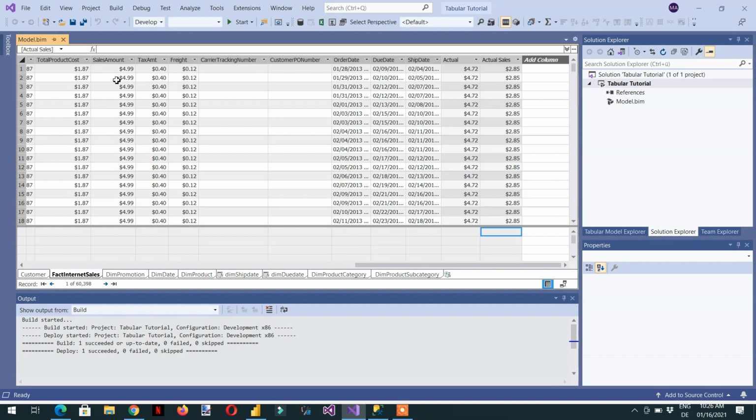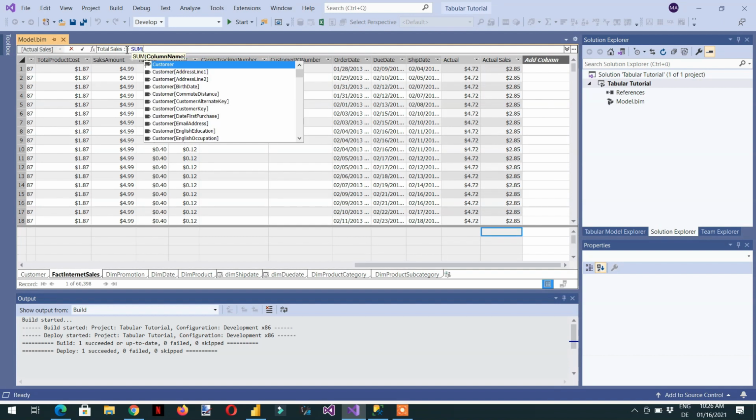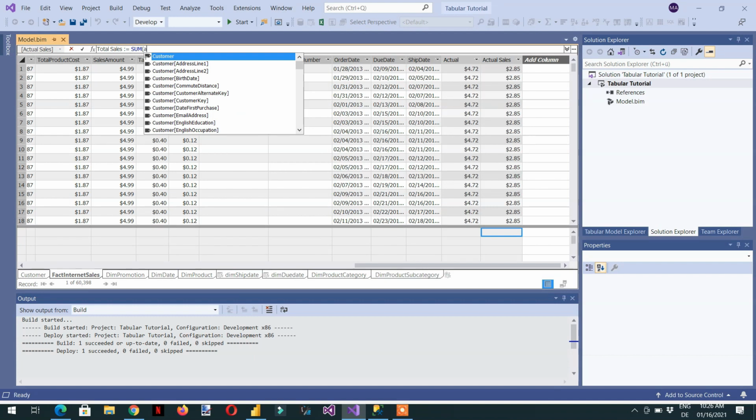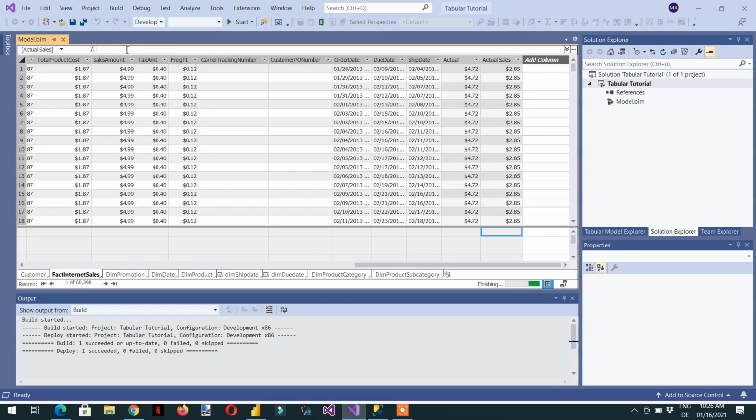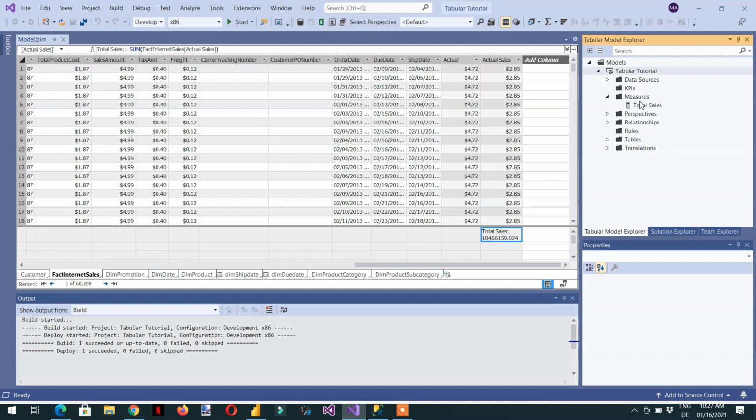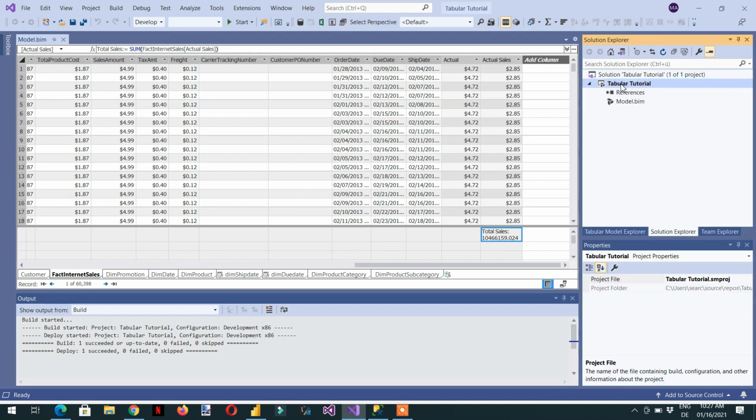So we can click here, and again you can name, for example, total sales equal to sum of sales amount actual sale. So here you can see one measure is created under measure folder, total sales that we have created, and we need to deploy